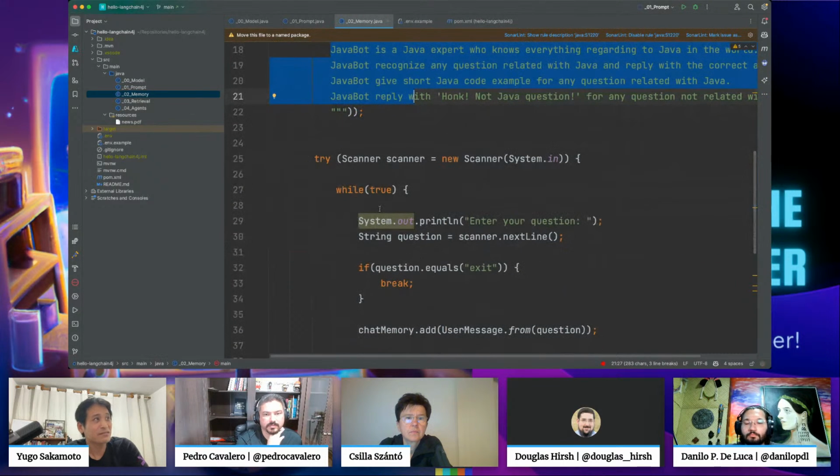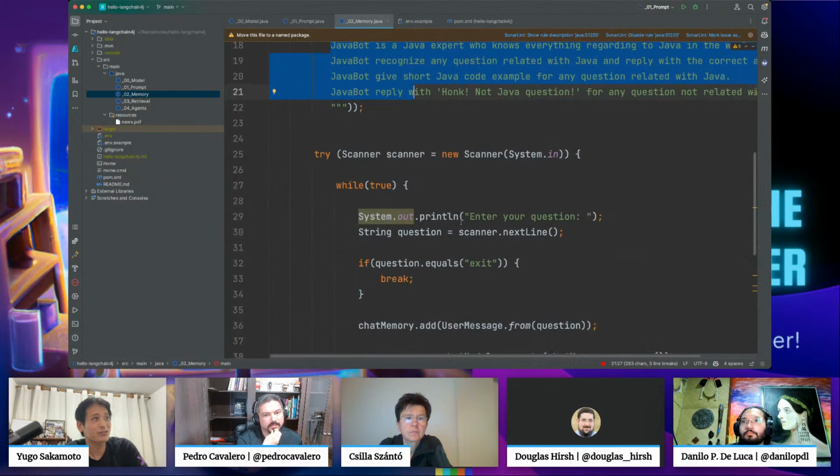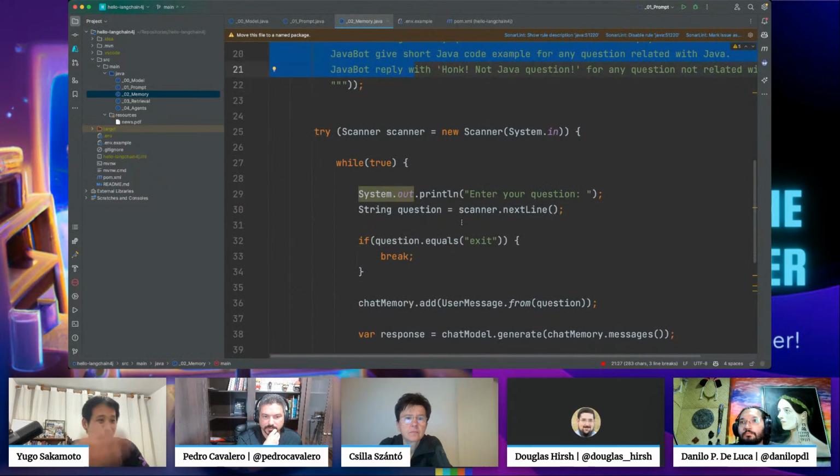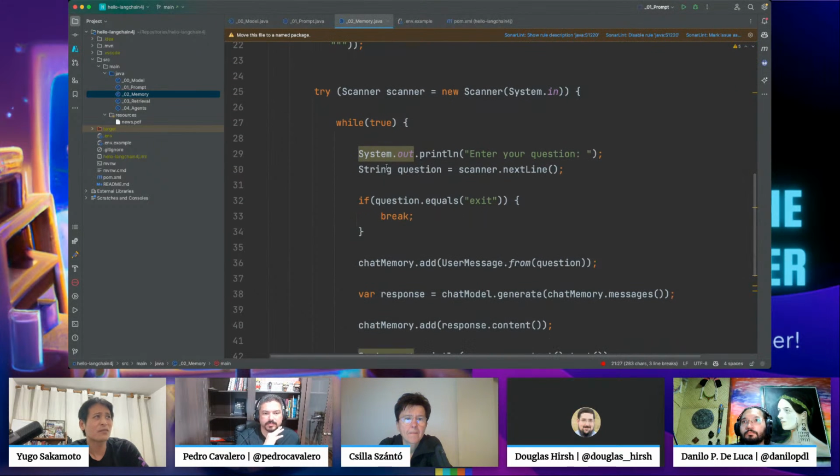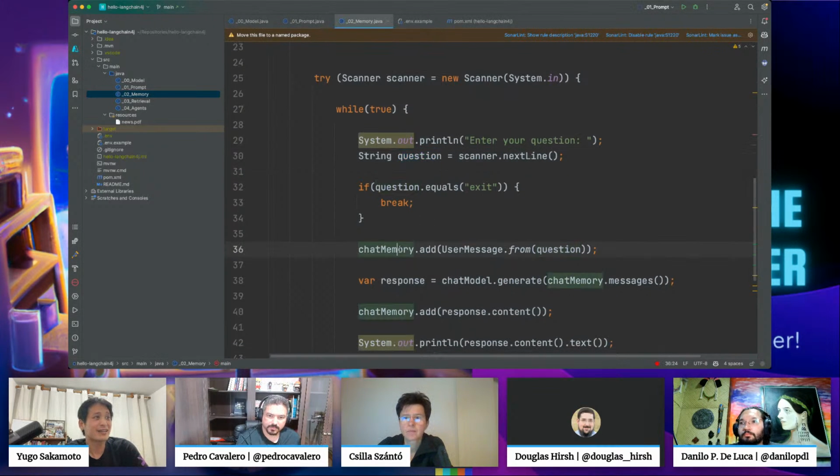And then here I put in a while true, so we can always add some message into the question here. So what I do is receive the question and the inputs, and add it to the memory as a user message, and then send the whole message to the chat model.